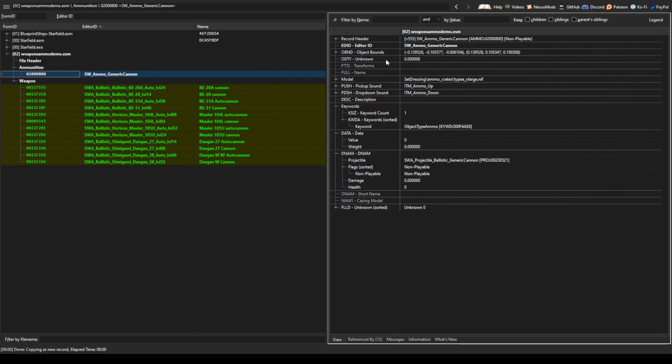And here's another thing. If you're making ammo that you want in the inventory, you have to give it a name. So you see where it says full name, how it's grayed out? That's because this record doesn't exist. So we have to right click, add, and then right click, edit. I'll just name it this: 25 by 137 millimeter shell. That's what's going to show up in the inventory. And now as for the NIF,